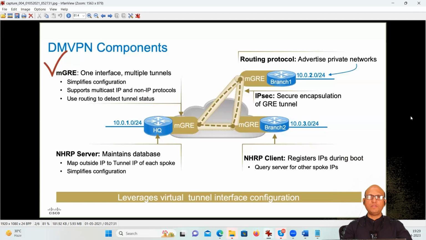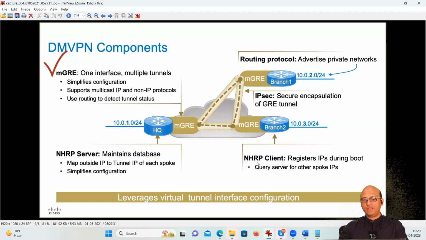I say, okay, wait, let me check my database. Okay, so and so person, his mobile number and his mail ID is with me. I will share it with you. So now what happens? This is the NHRP server, and the name of that protocol is Next Hop Resolution Protocol. My branch is asking me, if I want to reach this network